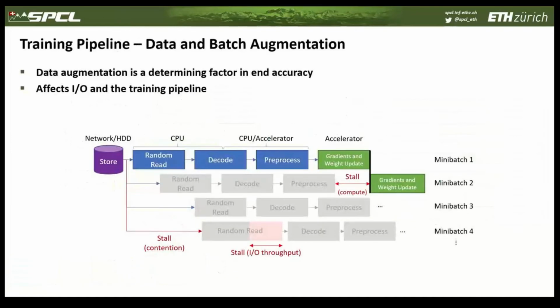And so this I/O problem is currently a major issue, especially in certain clusters and supercomputers that are not built to read random data from storage, and especially not when you cannot have local storage in each node. So immediately after this reading and decoding process, there is a process of data augmentation that I